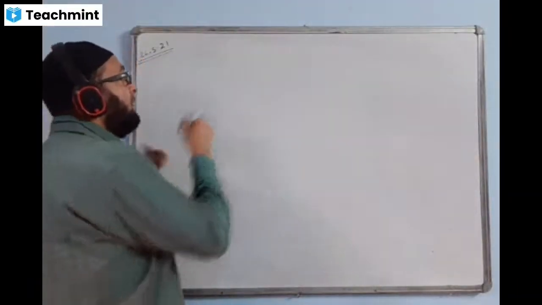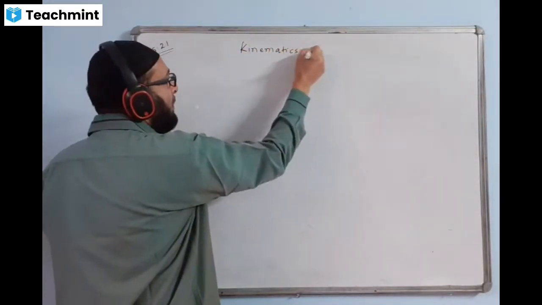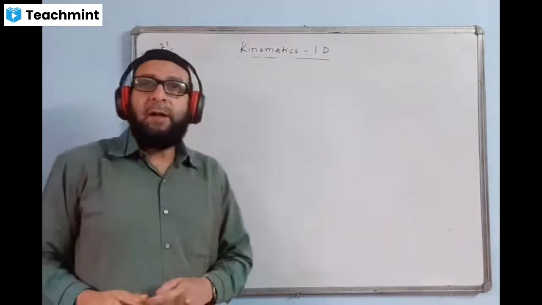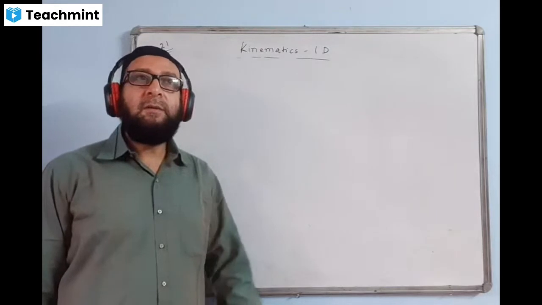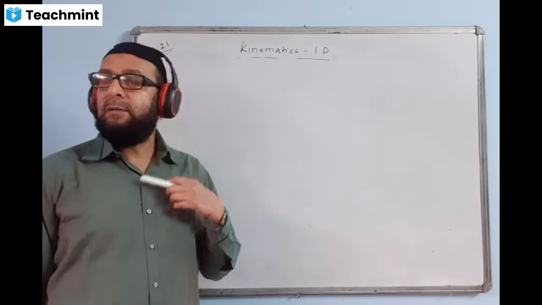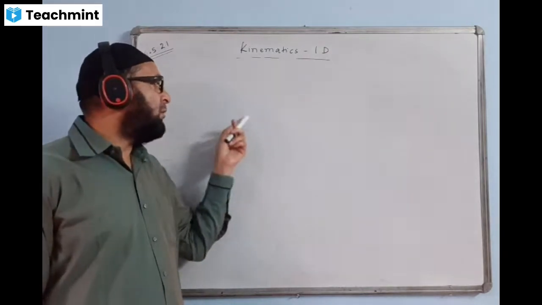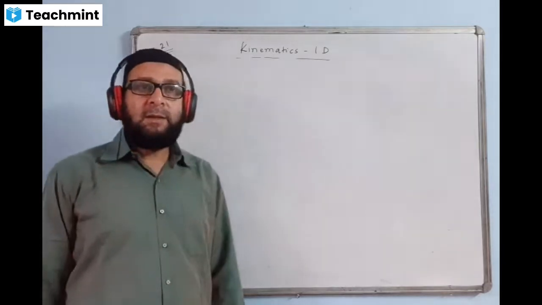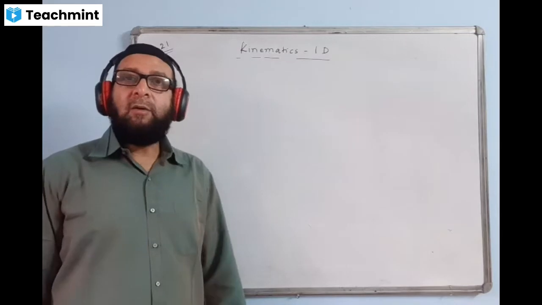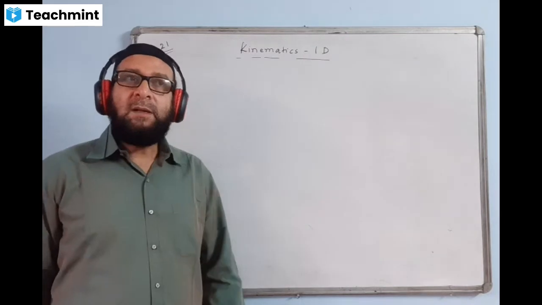We were doing the chapter Kinematics in one dimension. And yesterday I was talking about graphs. In any graph, we deal with two things, slope and area. Slope means you have to divide the two axes, I mean, the quantity on the y-axis divided by the quantity on the x-axis, or the change in the y-axis divided by the change in the x-axis. And accordingly, you can decide whether the slope is significant or not. Or sometimes we find area.